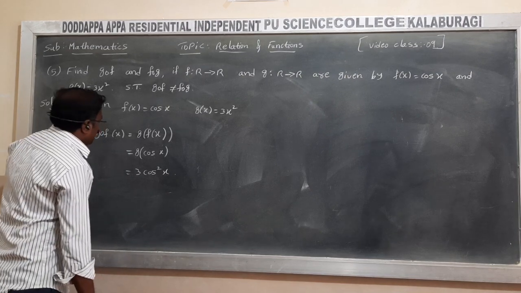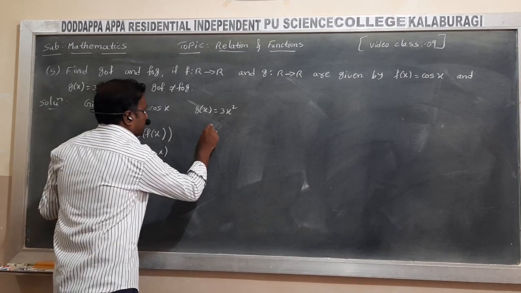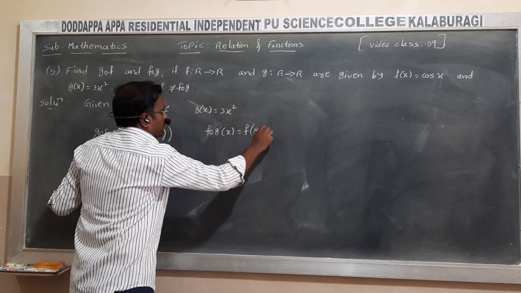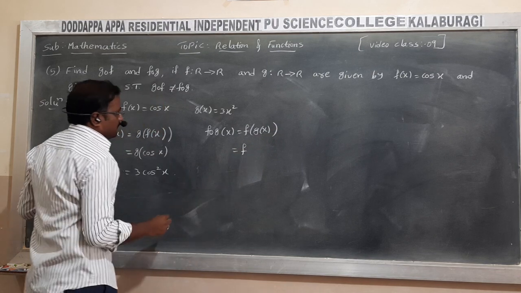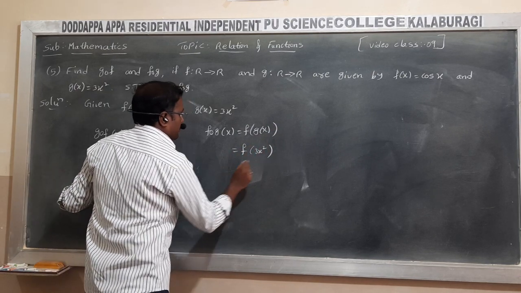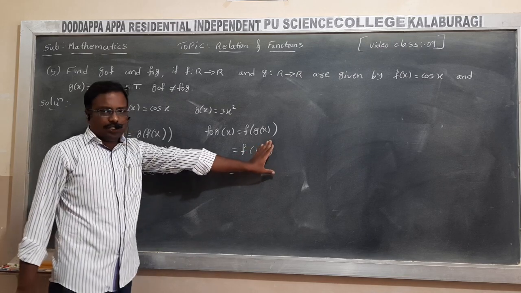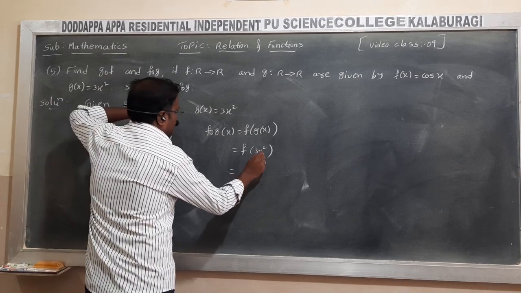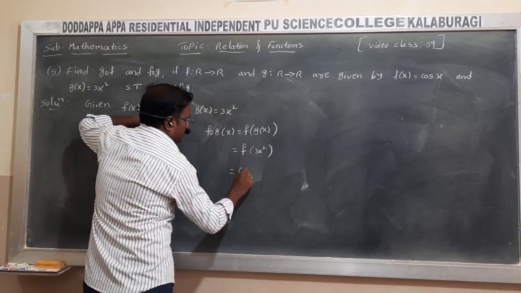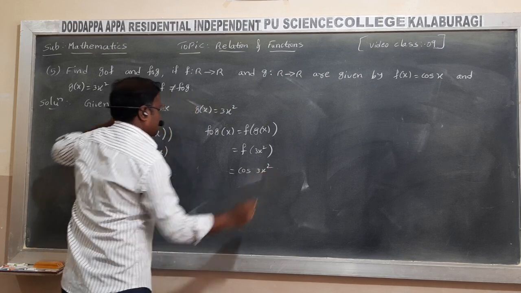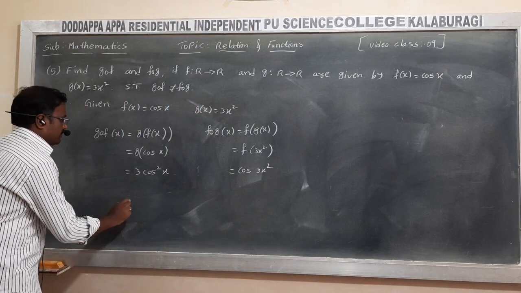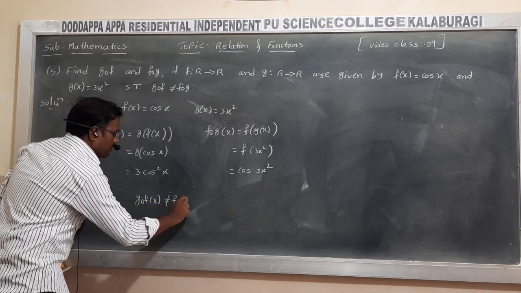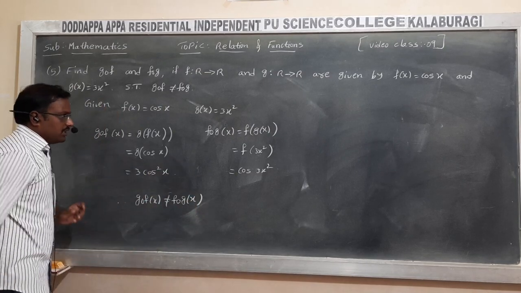Okay? Right? So next you can find out f naught of g of x. This can be written f of g of x. What about g of x value? 3x square. So we know that this is considered as x, that should be f of x. f of x means cos x, but in place of x, what is there? 3x square. That is cos 3x square. So therefore g naught of f of x is not equal to f naught of g of x because both are different values.